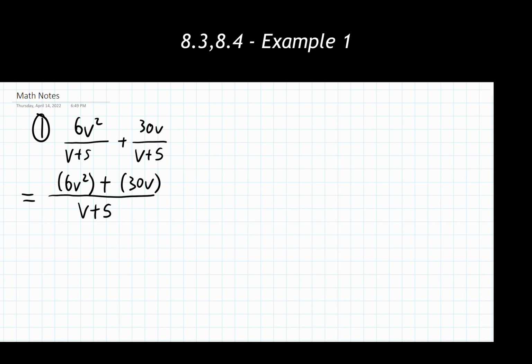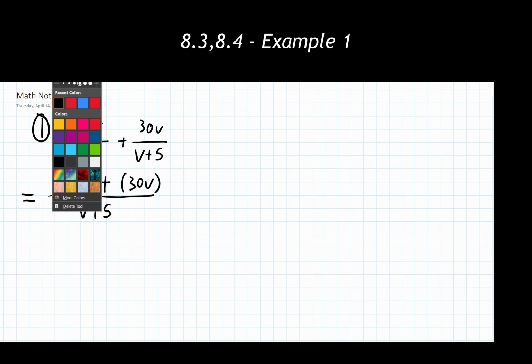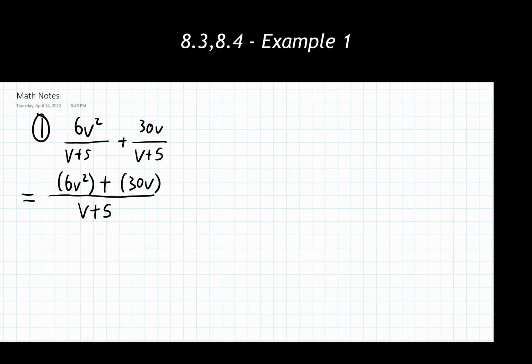The reason I recommend that we write everything inside of parentheses is going to become apparent in some of our future examples where positive or negative signs might need to distribute through to multiple terms inside of a set of parentheses. It's not happening here, but that will be showing up in future examples. So now that I have everything written out as one single rational expression, our second step is to simplify the numerator. We're going to use distributing. We're going to be combining like terms anywhere we can.